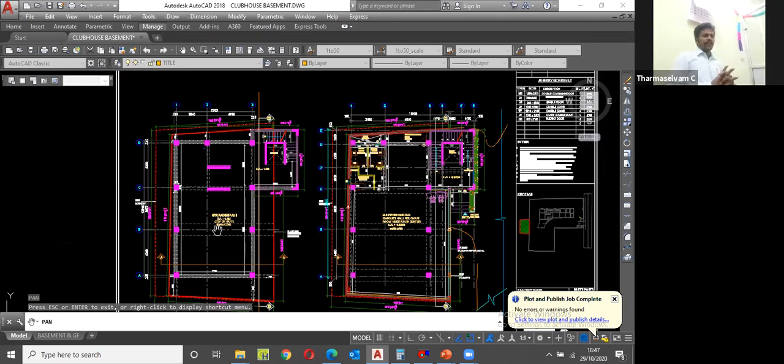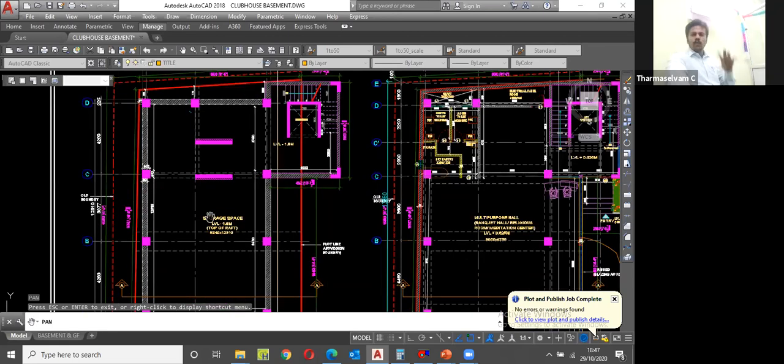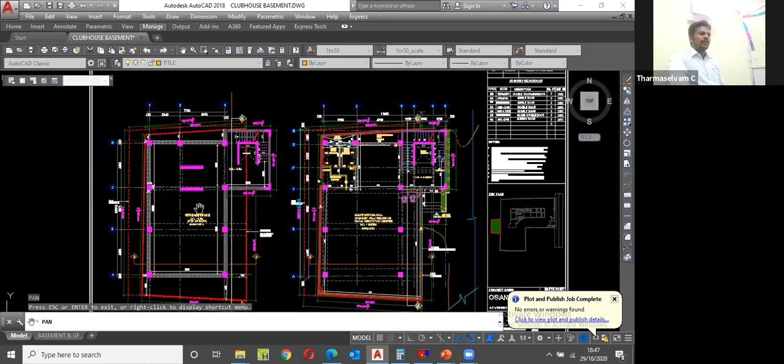Because on the ground floor they have mentioned a multi-purpose hall, but what purpose they are using it for, I don't know. Maybe meditation or something is written there. Now I could not find the storage area space. Then I'm going to move on to the next floor. After that I will decide what they are going to store in the basement.